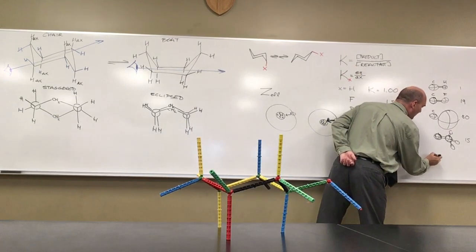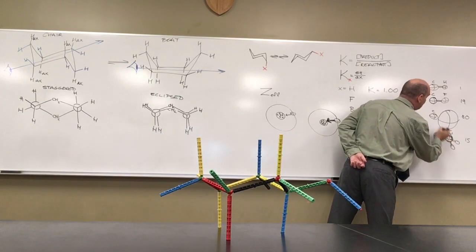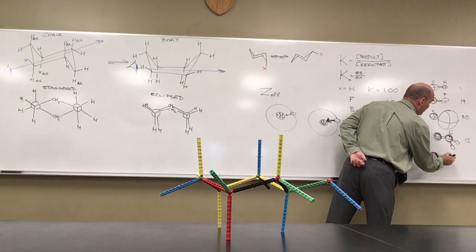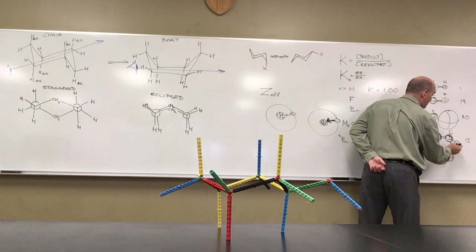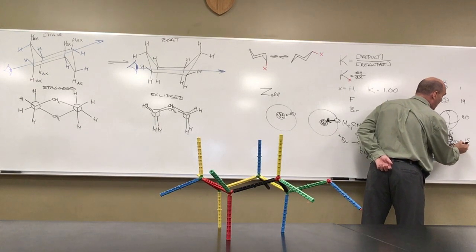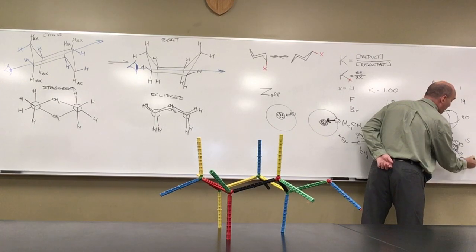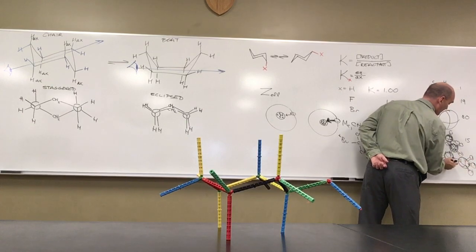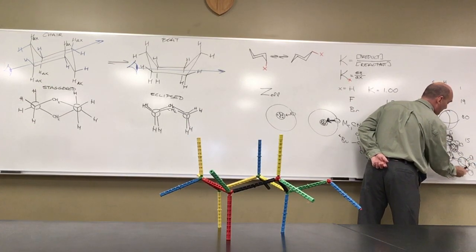So here's the carbon that I'm bonded to. Trying to make them all about the same size. Bond to another carbon that is then tetrahedrally, running out of space, bonded to another one, which is then tetrahedrally bonded to another one, which is then tetrahedrally bonded